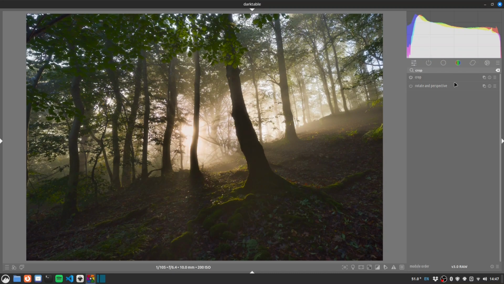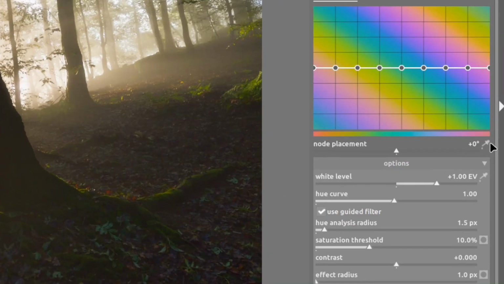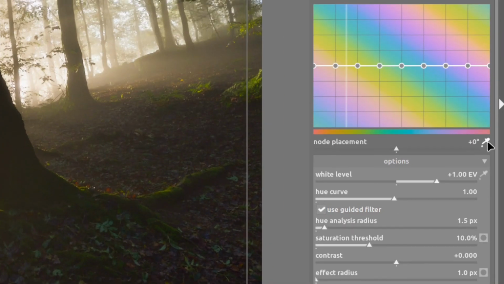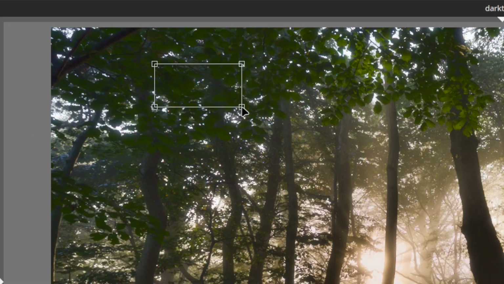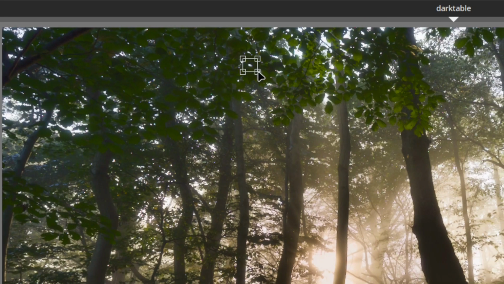That's better. Okay. And although the leaves look quite green, this was an autumn morning. It was September. These leaves were starting to change a little more. I want to emphasize that. So I'm going to go for color equalizer. And let's see what color we're getting. So if I control and click on the eyedropper here and then drag into this area, we're probably picking up